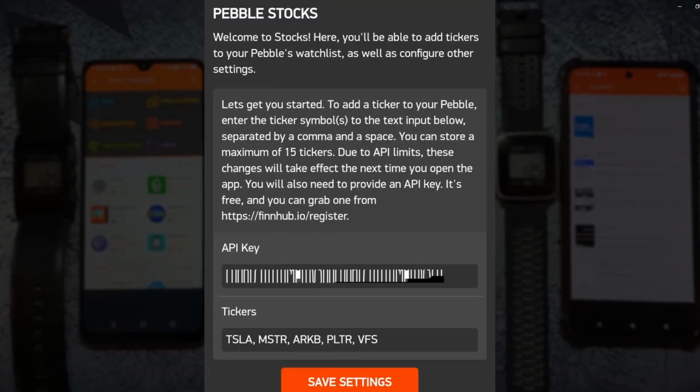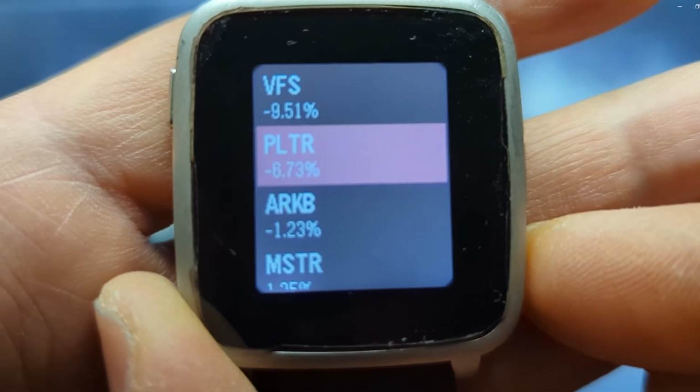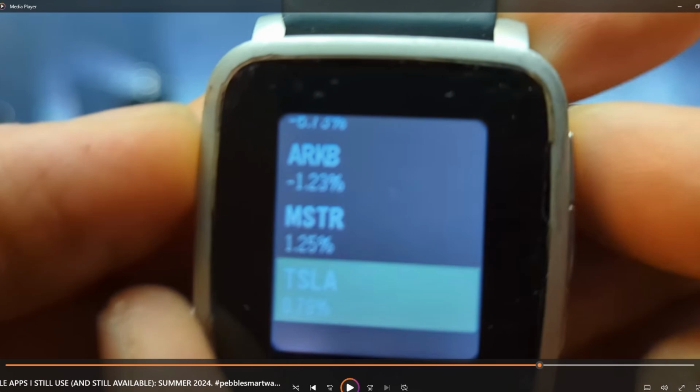I like that. Enter your ticker symbols on the phone app, and then you can see them on your watch. Although it shows a chart in the screenshots, they do not appear on my watch, but the info is good enough. Why? Who is so busy trying to do stock exchange or trading on a Pebble watch